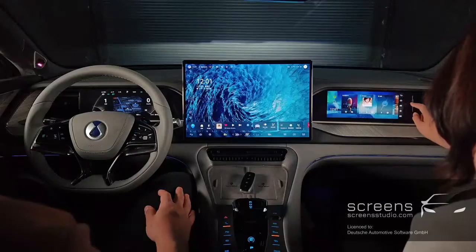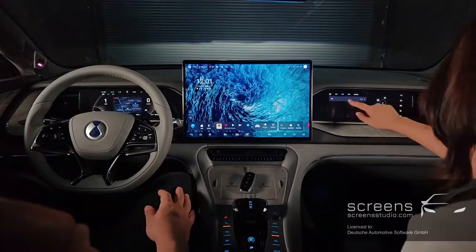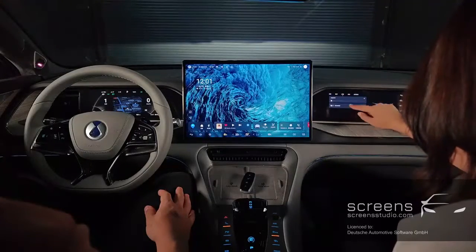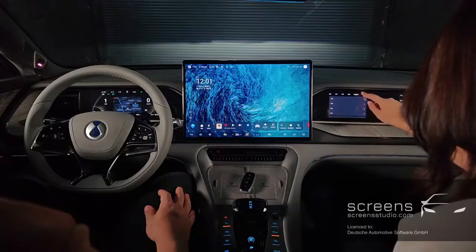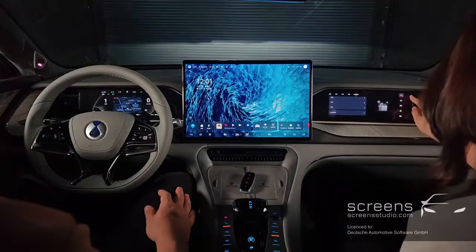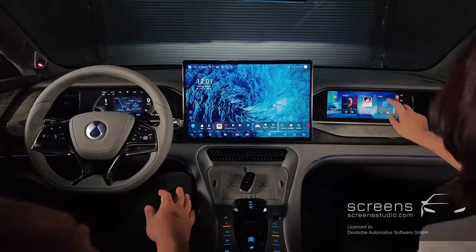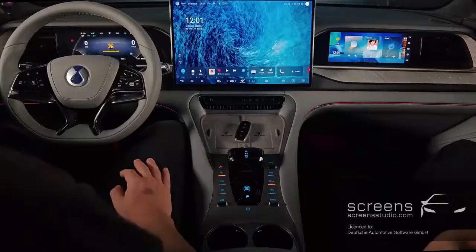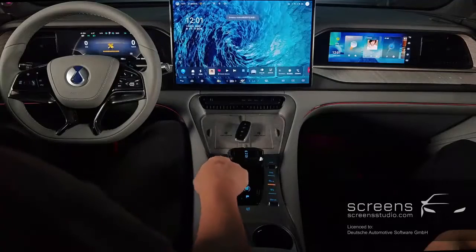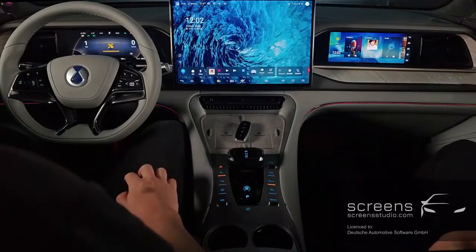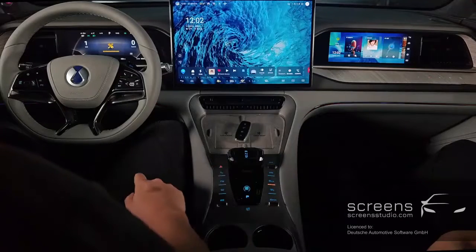Here we can check the settings of connectivity, display, sound, system, and the app management. Click the last button and we can put the screen to sleep. On the center console, we have the hazard light button, rear collision warning button,